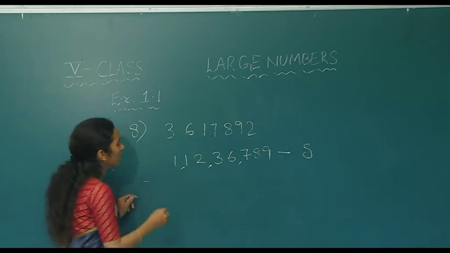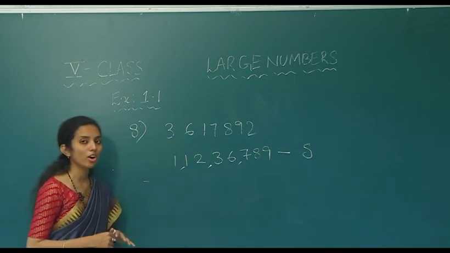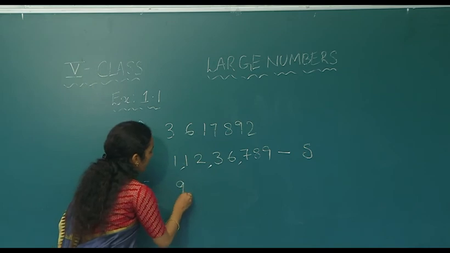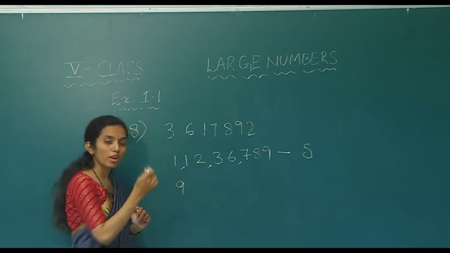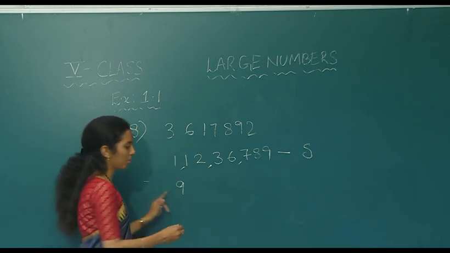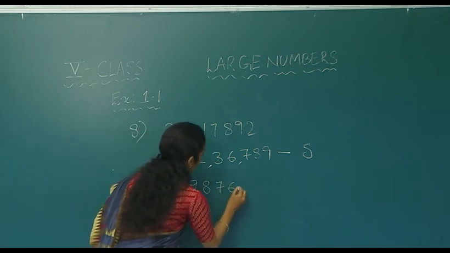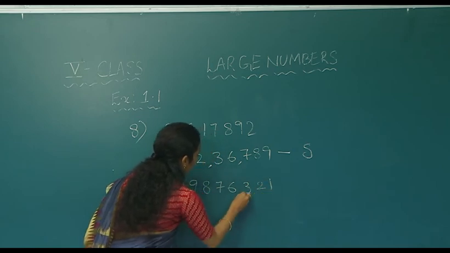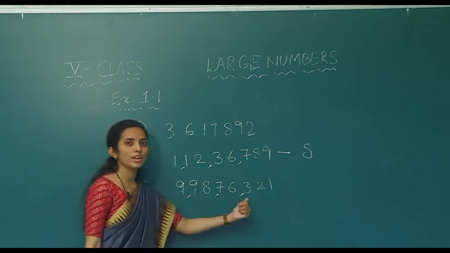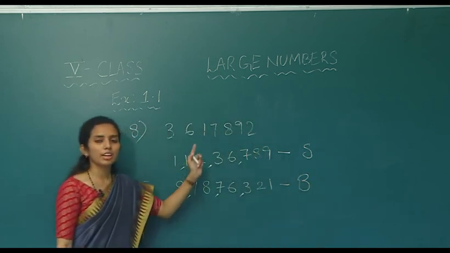So, next, the biggest number. How do we write the biggest number? We write it in the descending order. Descending order is from highest to lowest. So, what is the biggest digit? 9. So, what do we have to do? We have to repeat it 2 times. Why? We have to form 8 digits, but given are only 7. So, to form the biggest number, we will repeat 9 once again, and 8, 7, 6, 3, 2, 1. So, 9 crores 98 lakhs 76,321 will be the biggest possible number with the given digits.